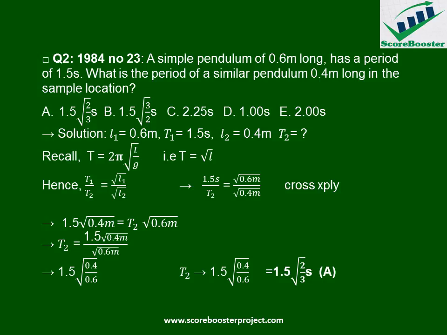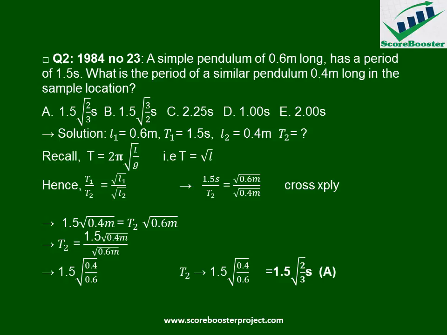So our T1 has been given to be 1.5 seconds over T2, which is unknown, equals root of L1, that will be root of 0.6 meter, over root L2, which is 0.4. Then we can cross multiply. If you cross multiply, then you make T2 the subject. So we arrive at 1.5 root of 2